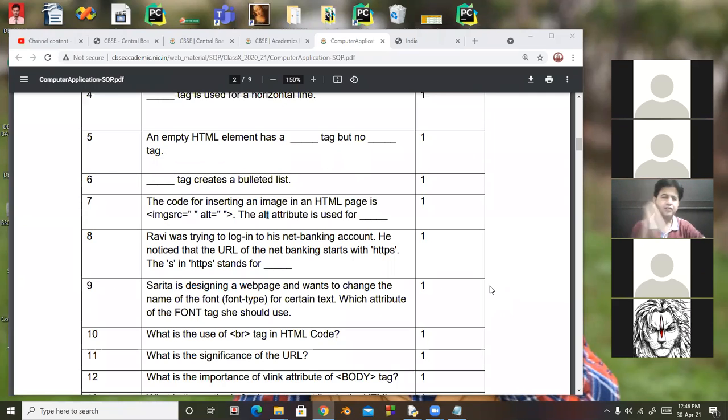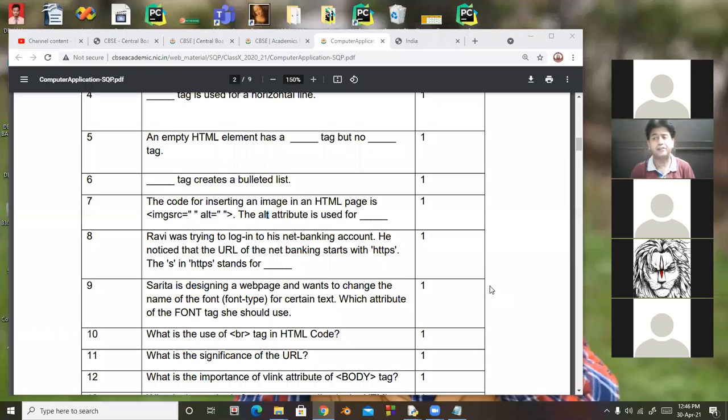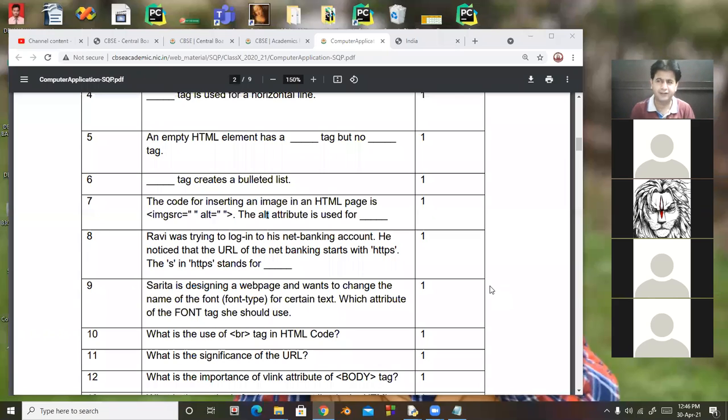So the ALT attribute has 2 features. In case the image is not inserted, that text will be displayed. In case the image is inserted, when we place the mouse on the image, it shows a tooltip, a small text with the mouse pointer. Next question.